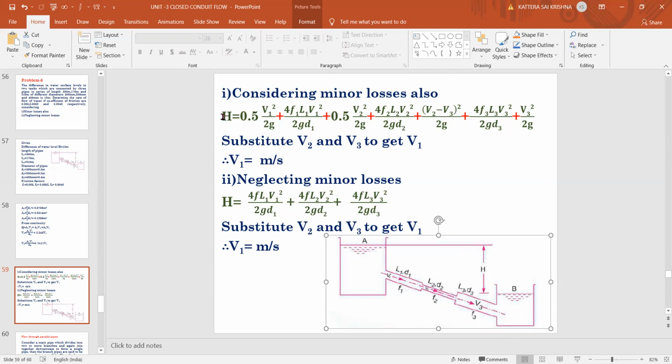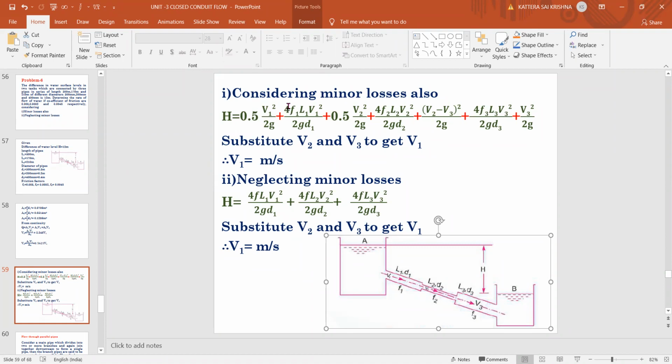Any one of you, please, all of you, please try to solve this equation, because in exam, if you get the same problem, how will you calculate? So before only you need to practice for the calculation also. So try to calculate and tell me the value of V1 from this equation. So substitute all the values. H equal to 12 meter. V1 we don't know, keep it as it is.